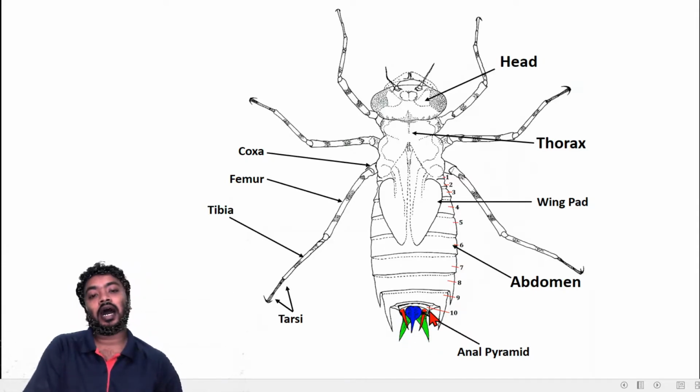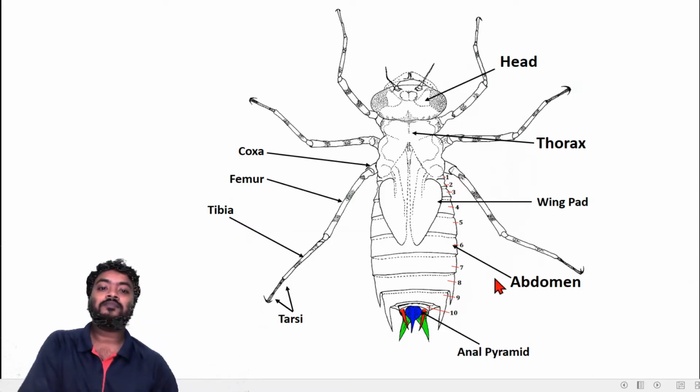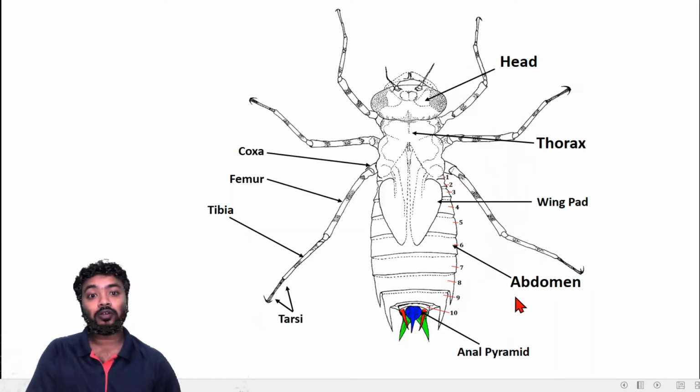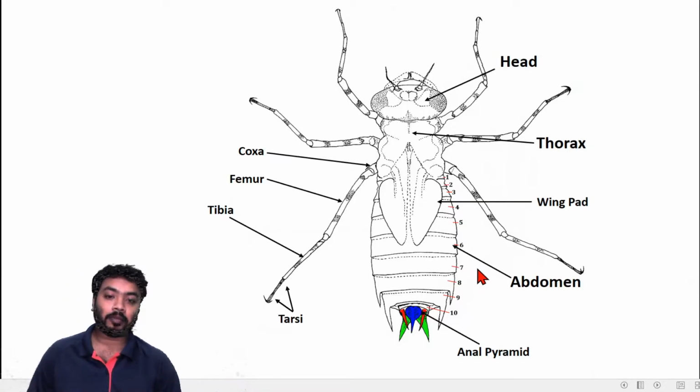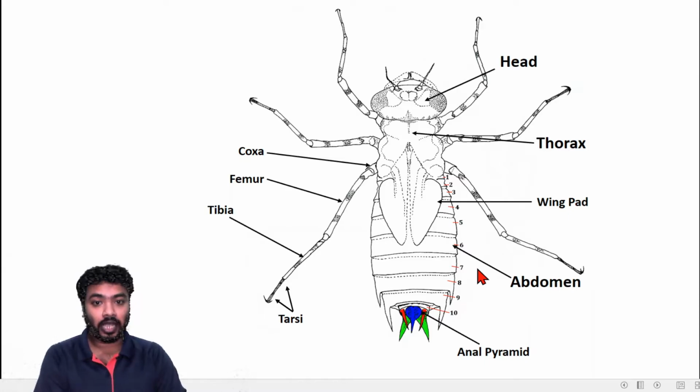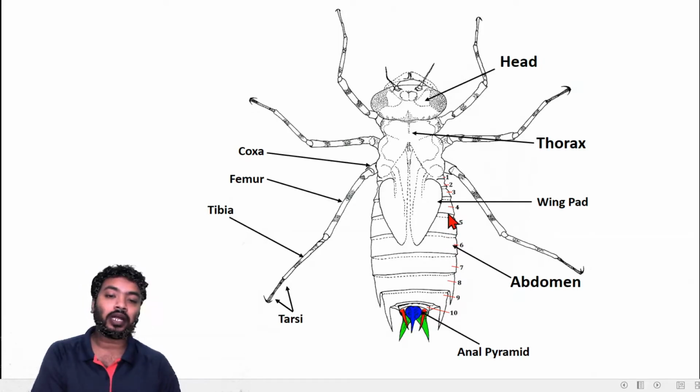I always suggest, if you are counting the segments, sometimes it is important to count them, because there are keys like 3 segments having lateral spines, or the number of lateral spines and the length of the lateral spines. So you have to know in which segment the lateral spines are present. Start the counting from the end: 10, 9, 8, 7, because in the beginning 1, 2, 3, 4 are very obscure and sometimes you may misunderstand the counting. That's why always start from the end.